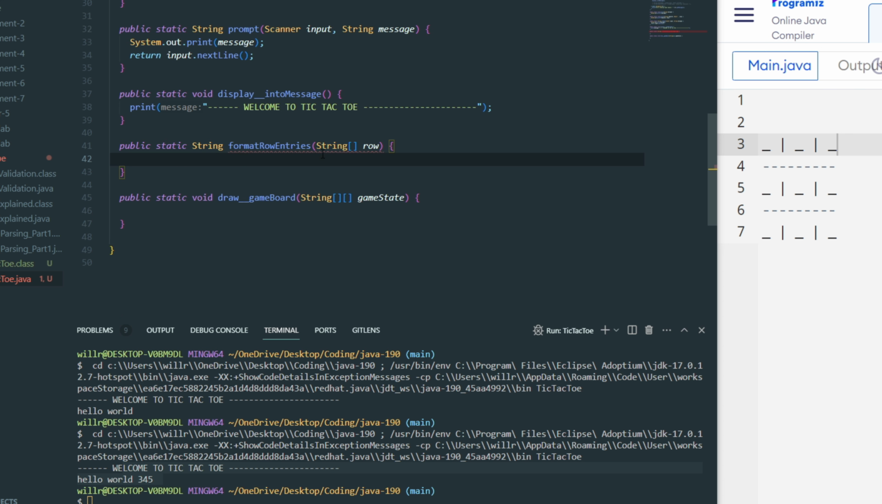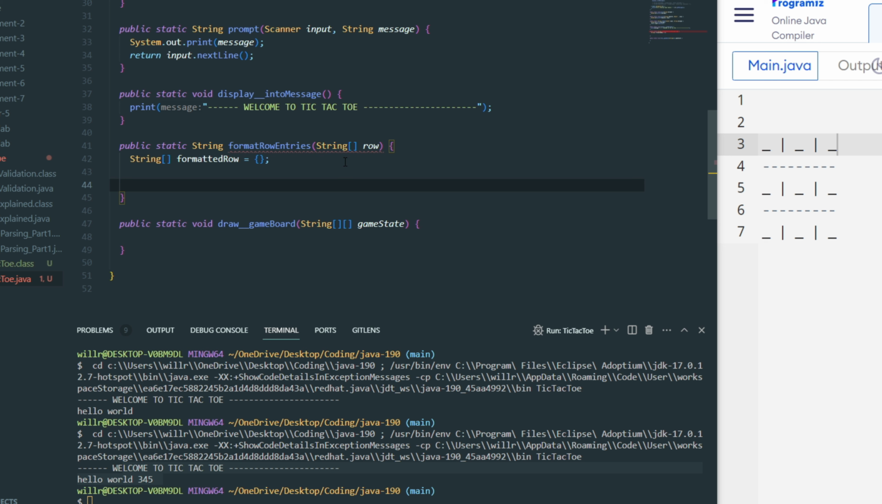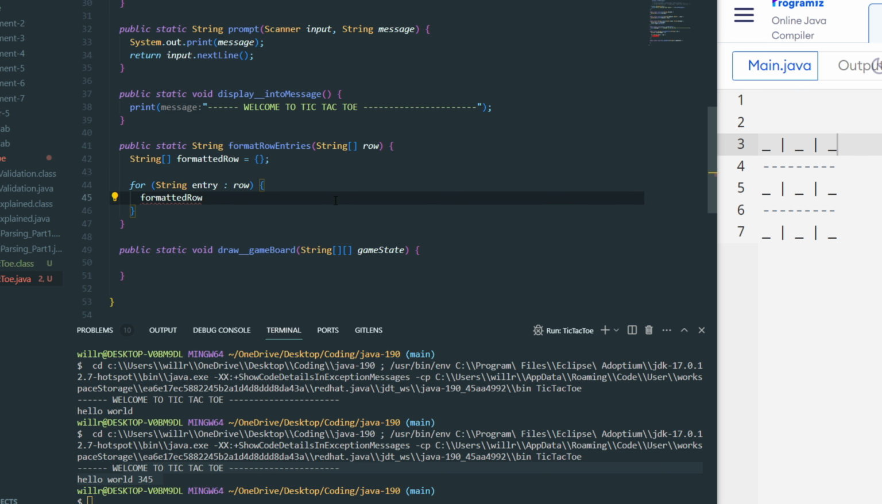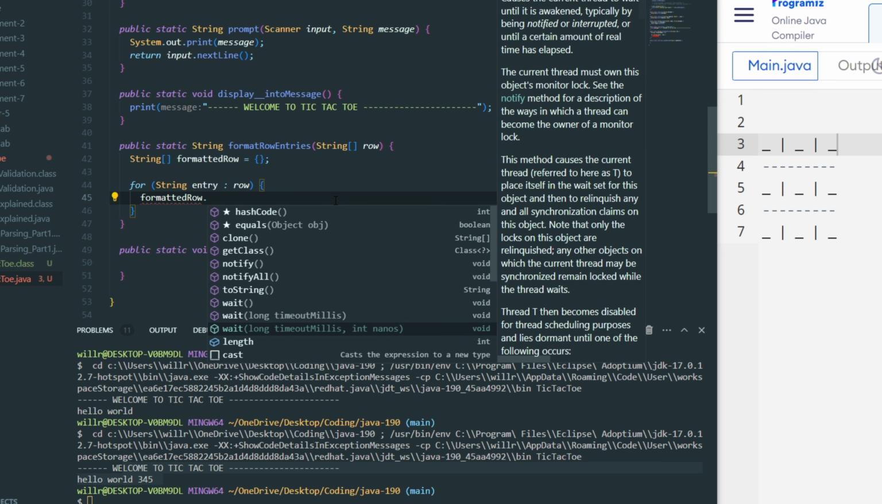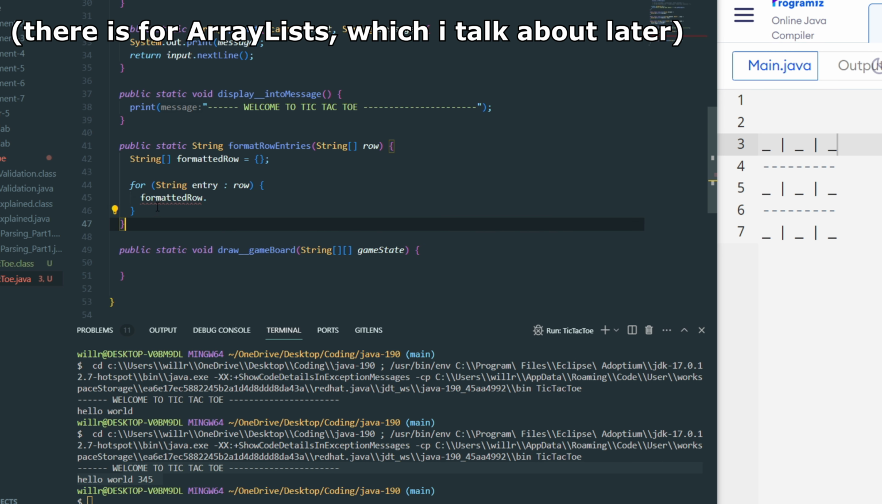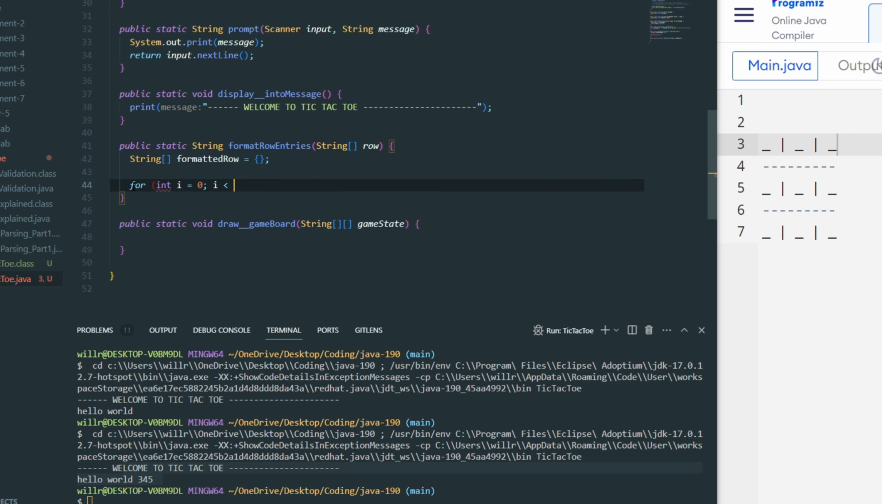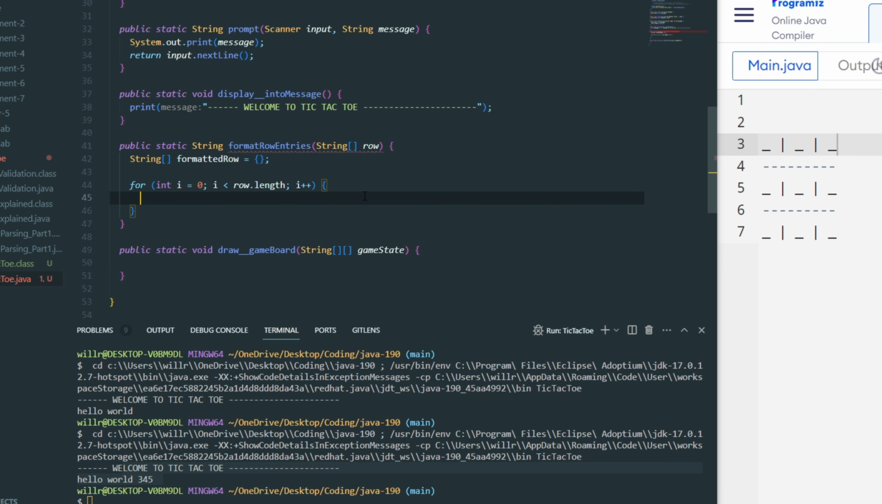So let's make another string array, and we'll call this formatted row, and we'll just let that equal an empty array. And then we'll iterate over the row array that we've passed as an argument. So we'll say for, and I think we can just go ahead and do, actually, is there an insert method? Can I insert something into this array? I don't think there is. Okay, let's just do a numeric for loop then. That might just make it easier. So int i equals 0, for i less than row dot length, i plus plus,